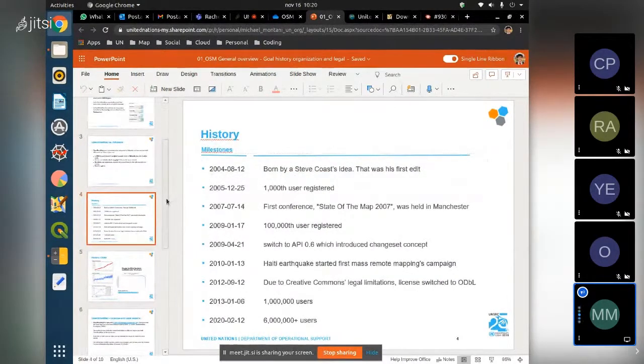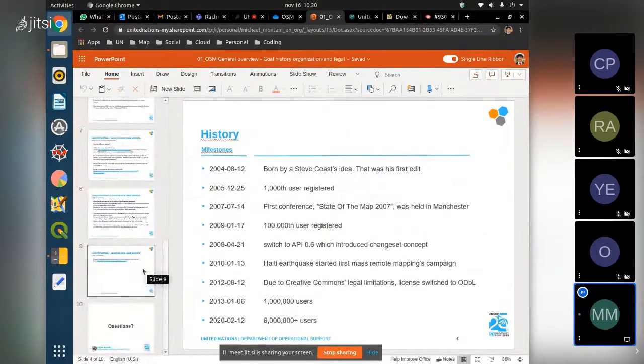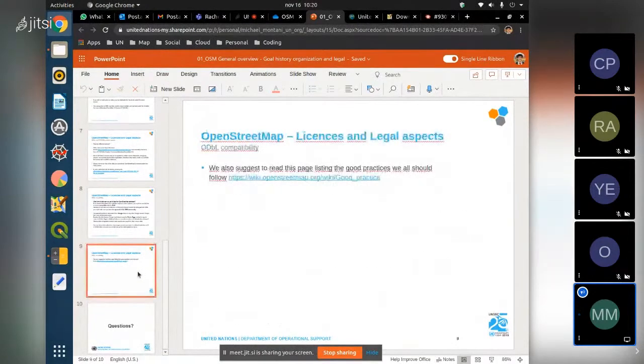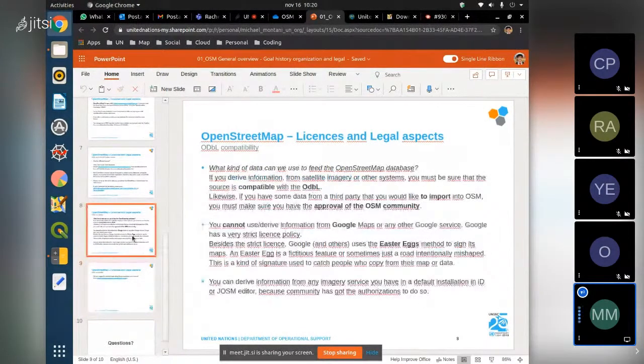Basically, many companies and organizations are using this database more and more to provide their services. So we don't have Google Maps using OpenStreetMap, as you can imagine, but we have many